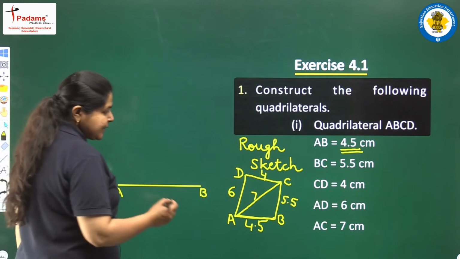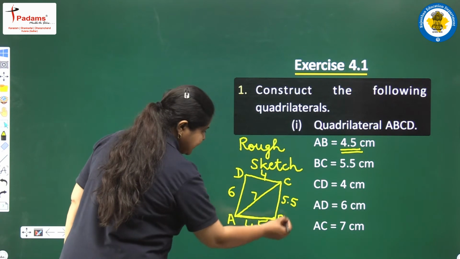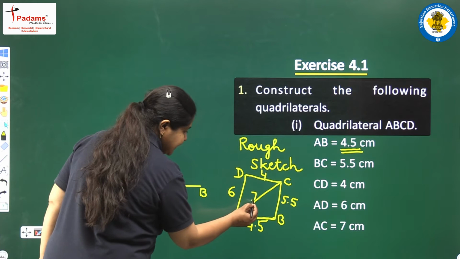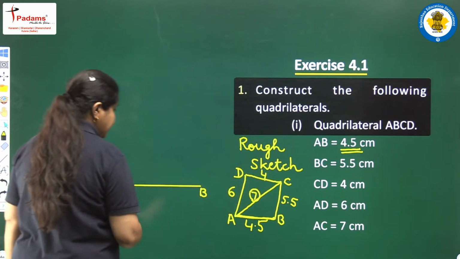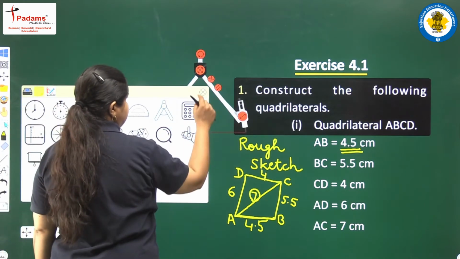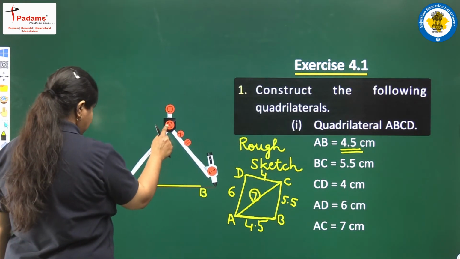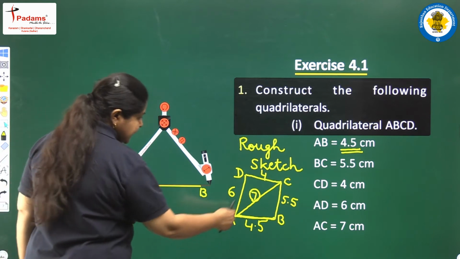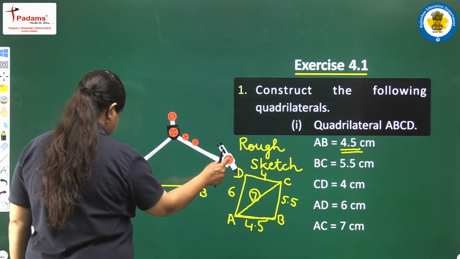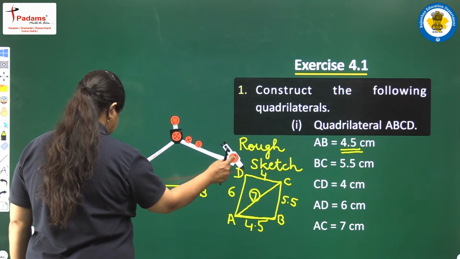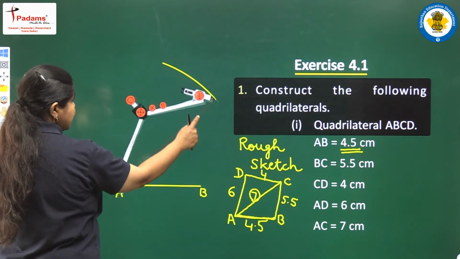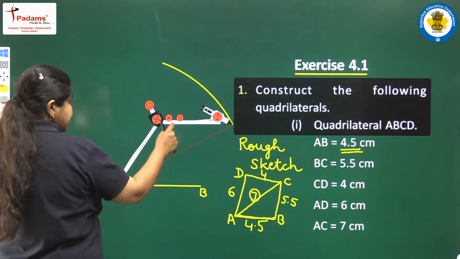Now what we need to do is, we will construct this triangle ABC first. For this, taking A as the center and radius 7 centimeter, this one, we will draw one arc with the help of a compass. So let us bring it here. We take it at point A and we need it to be 7 centimeters long. So we do it in this way. And we will draw one arc in this way. Now what next?